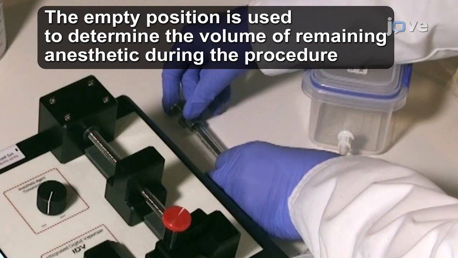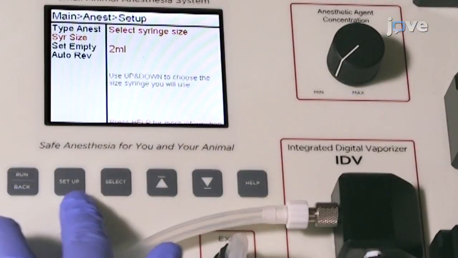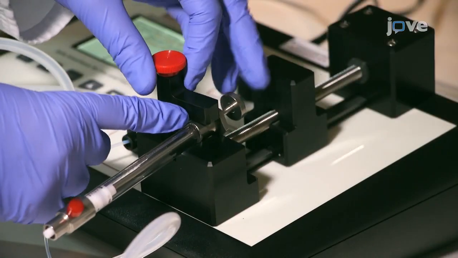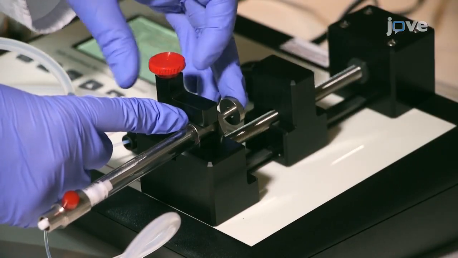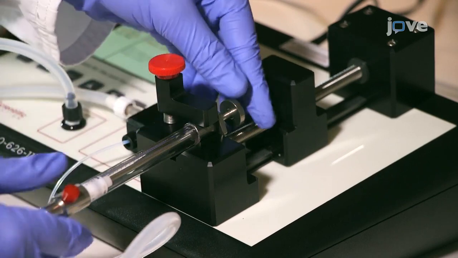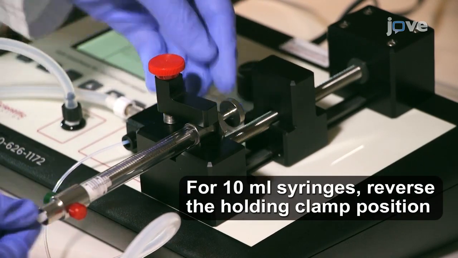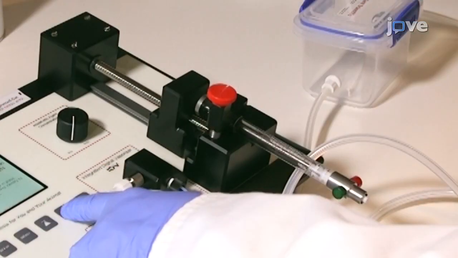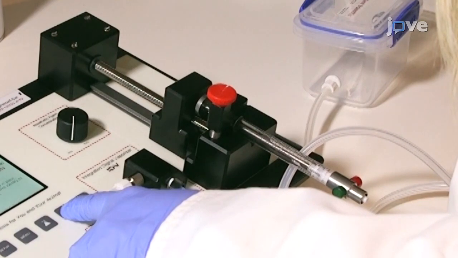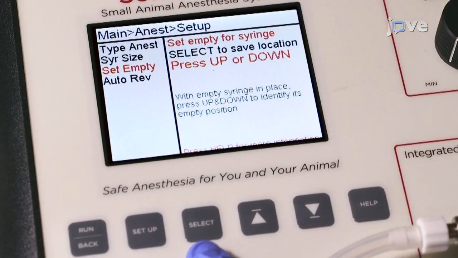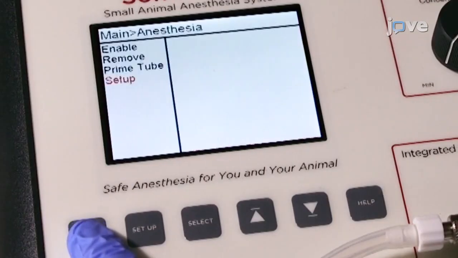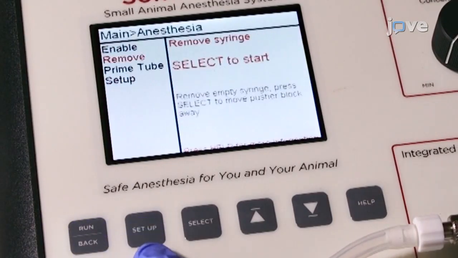After selecting the syringe size, set the empty position of the syringe. Now, secure the empty, fully depressed glass syringe in the syringe retention block. Place the syringe so that the holding clamp is seated on the metal collar of the syringe. Adjust the pusher block so that it makes light contact with the top of the syringe plunger. Save the empty position. Remove the syringe